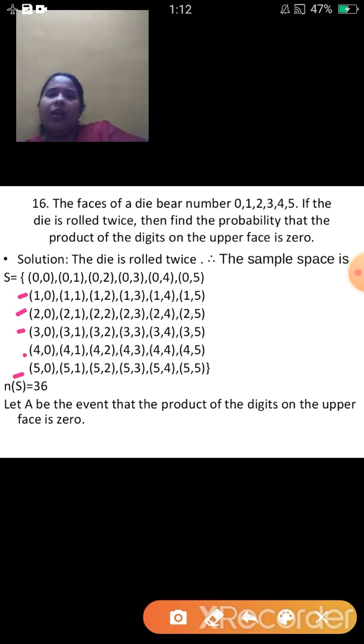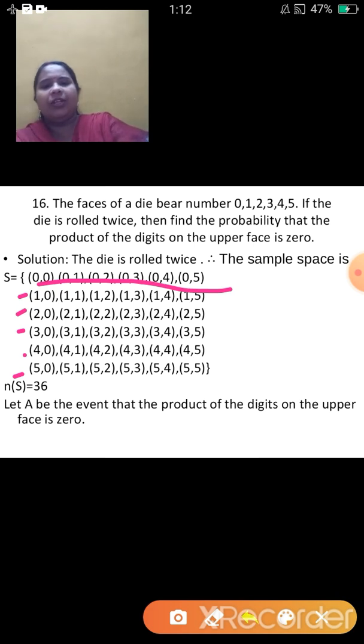Correct? And the numbers written in the first row, all this will be included. Any other, if you can see, you tell me. Yes, it is not there. Why? Because the product of 0 with any number is 0. Any other possibility? If you take 1 into 1 it becomes 1. I want the product as 0. So it is not possible, right?